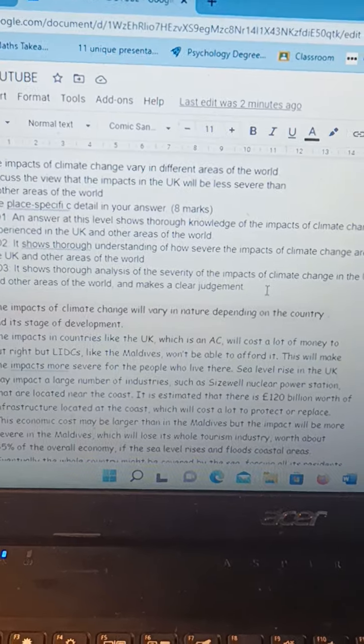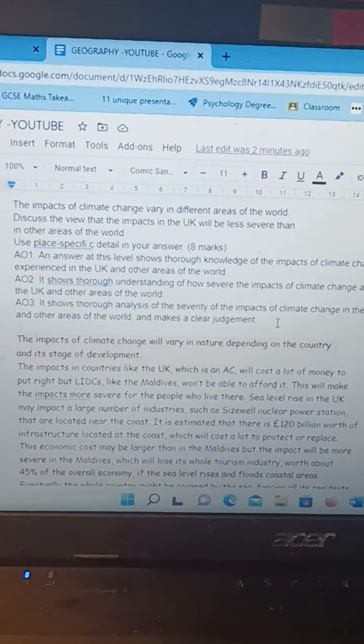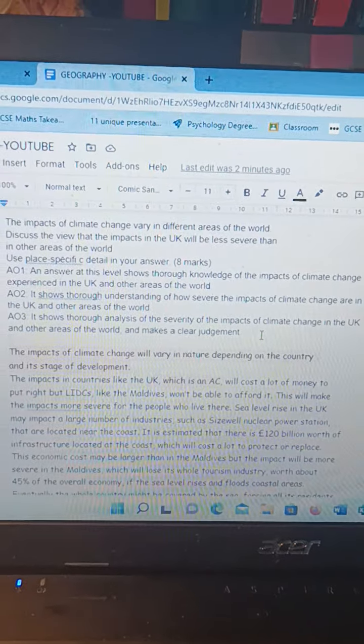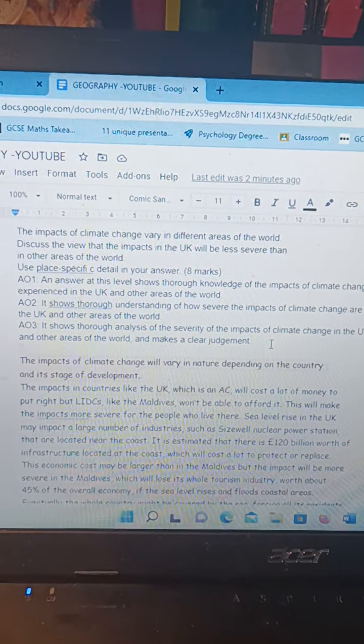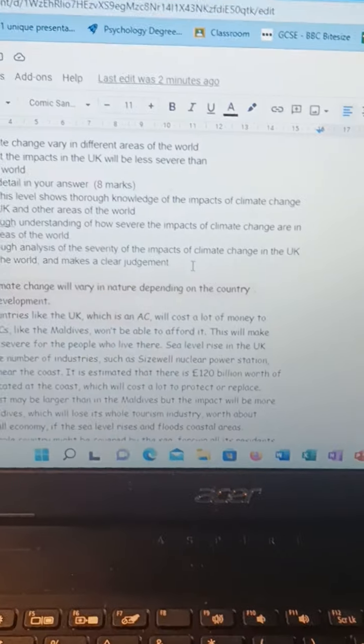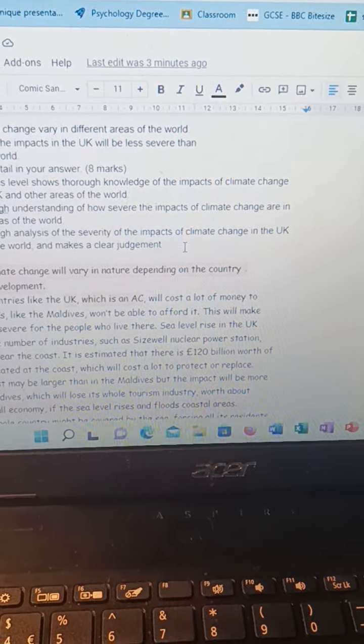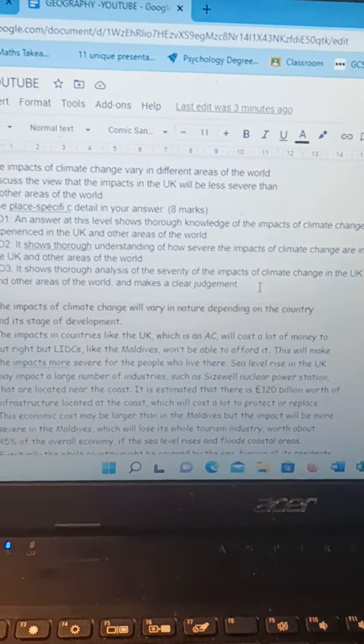Discuss the impacts of climate change in different areas of the world. Discuss the view that the impacts in the UK will be less severe. I'm not sure. Anyways,